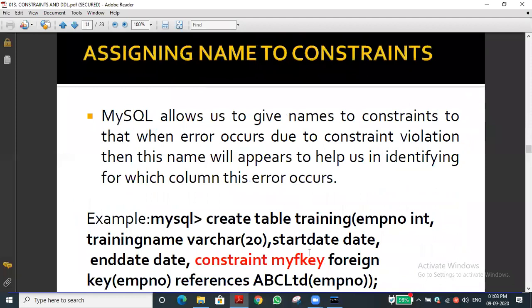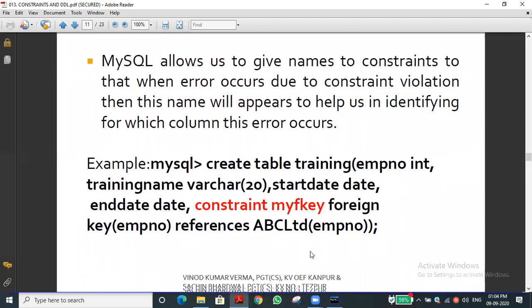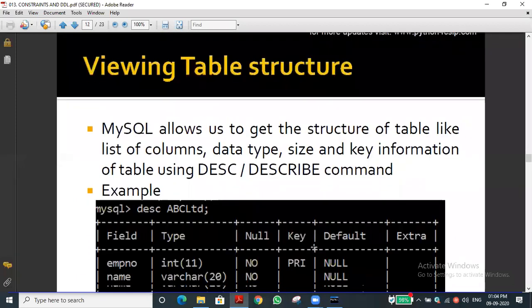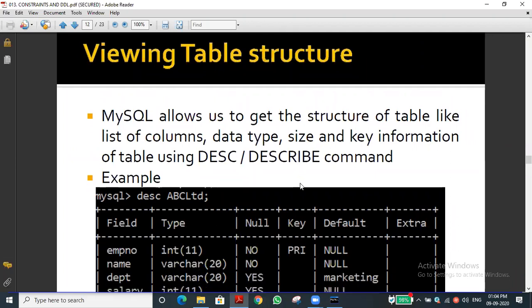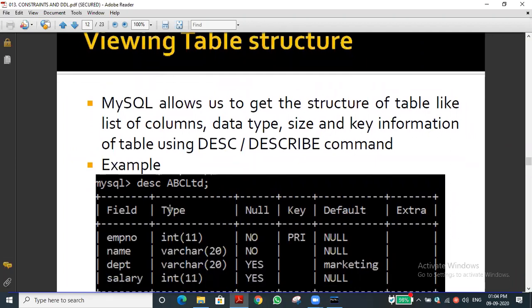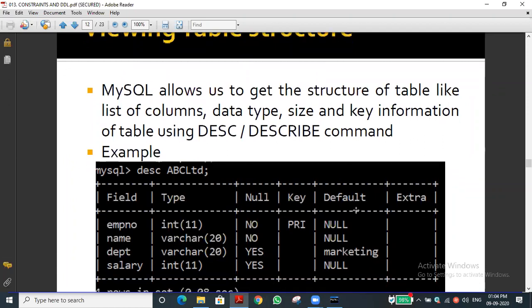Okay, now we are going to the next concept, that is DML commands. So first thing, describe. Just now we discussed it, already we discussed it in the seventh chapter. DESC or describe, any one command we can use. It shows what fields are there, what the data type of each field is, whether a null value or default value is there, or a key is there. Default is one of the constraints. That's what I'm coming to tell.